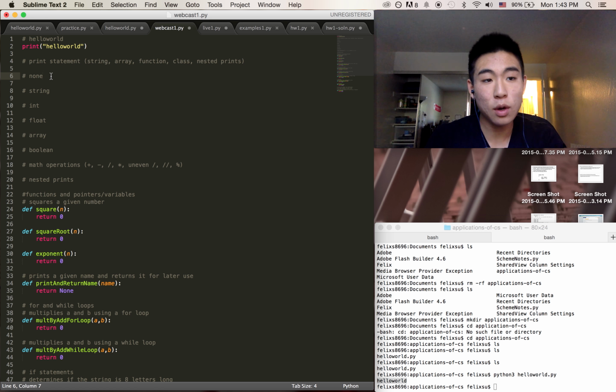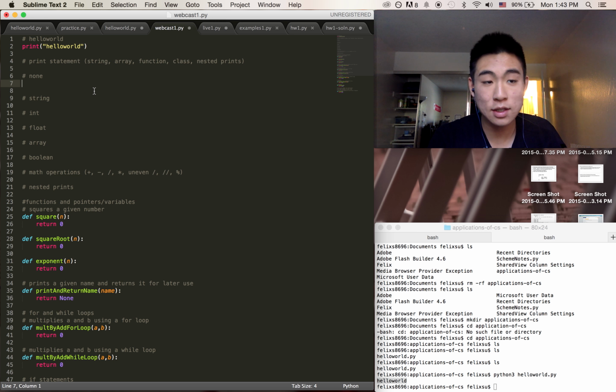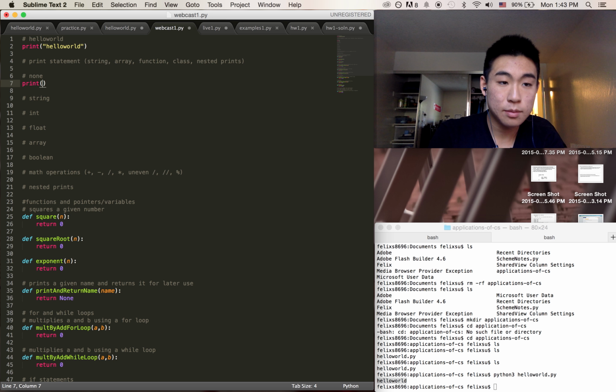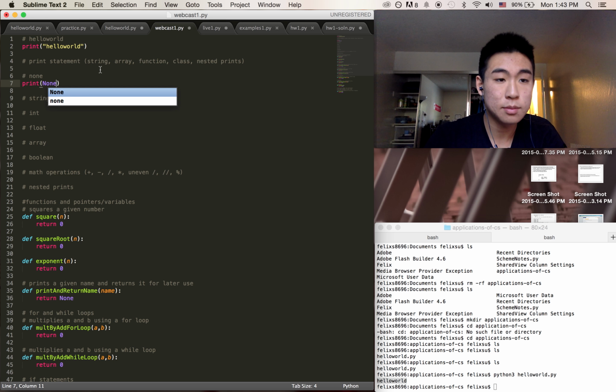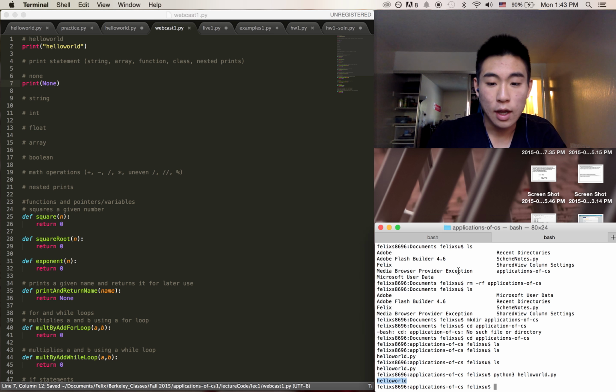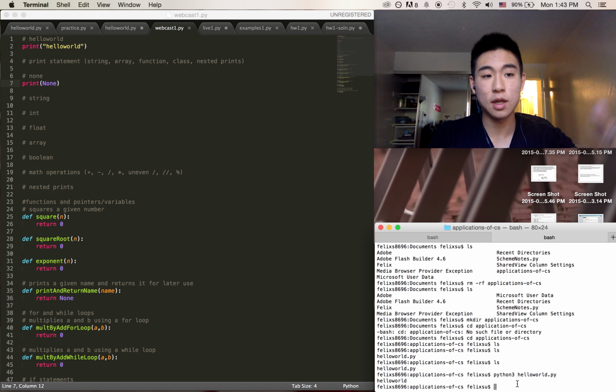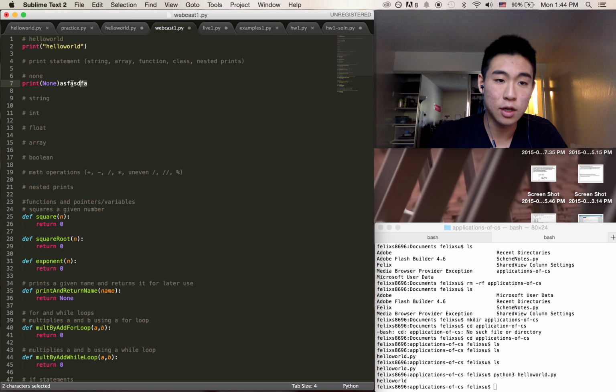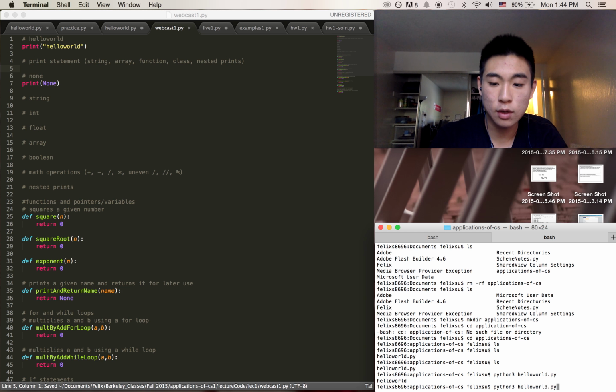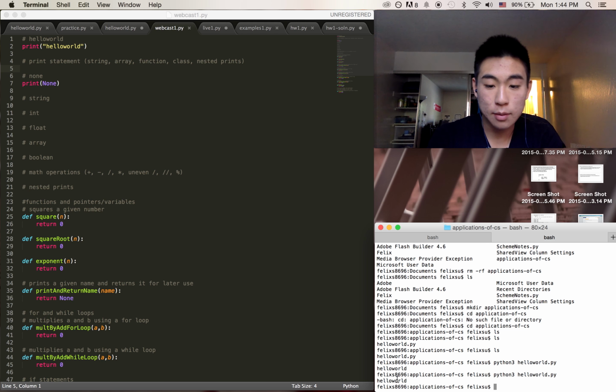So next, I want to print out a few other built-in types that Python has. So go ahead and on the next line, type print None, with a capital N. I think a lowercase n works too. Maybe not. But so type capital N. You should see it change color because it's a built-in type, and I want you to click save again. And we're going to keep running this stuff to make sure you don't have any errors in your syntax. Syntax being unwanted characters that Python can't recognize. So if I typed like a random string here, it's going to run an error, and I'll show you guys that in a second. But first, to make sure your practice.py file works, go here and run hello world.py again,